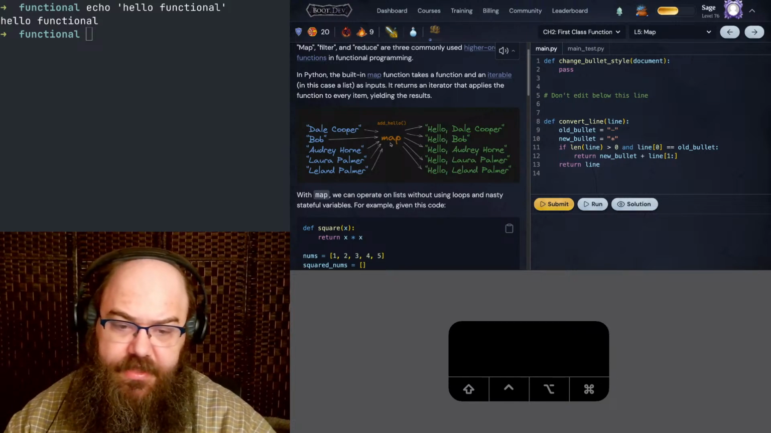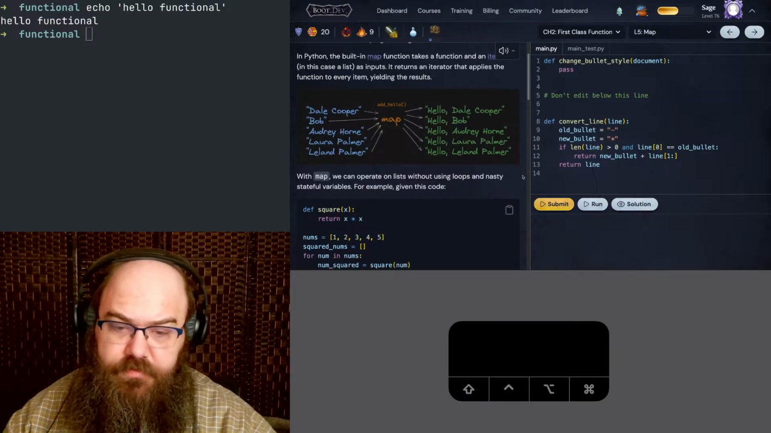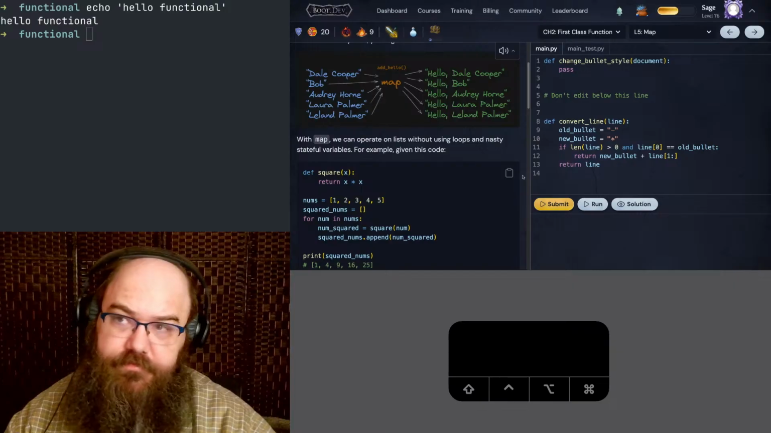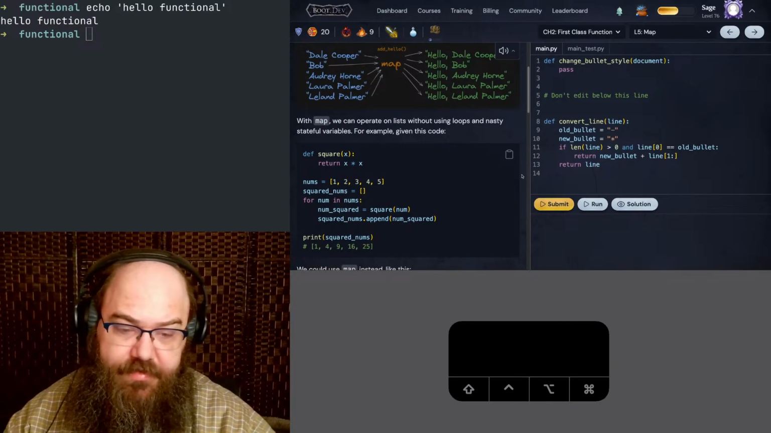Dale Cooper, add hello, hello Dale Cooper. All these people, all these hellos. With map, we can operate on lists without using loops and nasty stateful variables. Okay. For example, given this code,